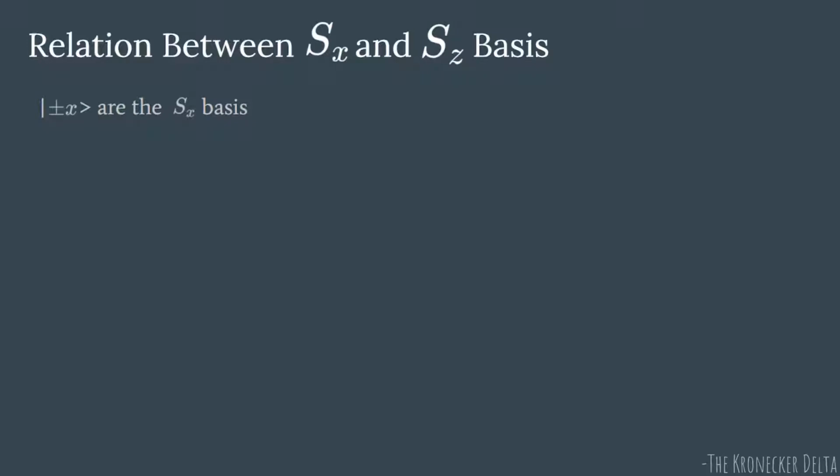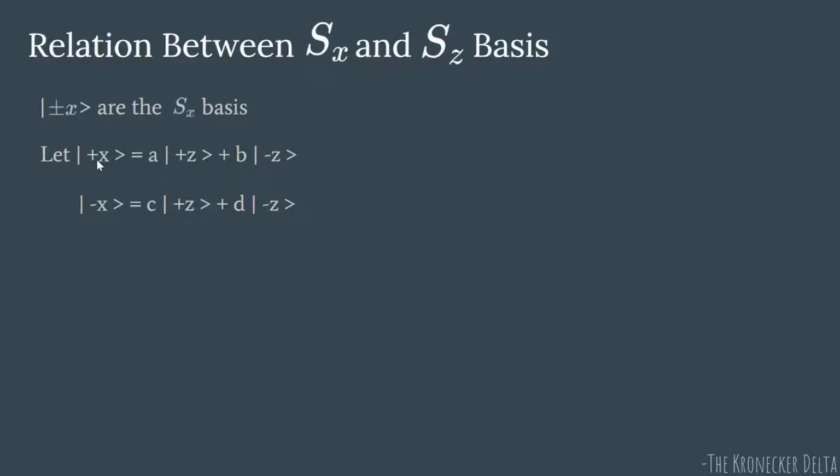So we had initially taken plus minus z as the Sz basis. Now we take plus minus x as our Sx basis. So it's just a representation. We denote our Sx basis by this. In any linear algebra problem, when we have to connect the two bases that span the very same space, we connect them using linear combinations.